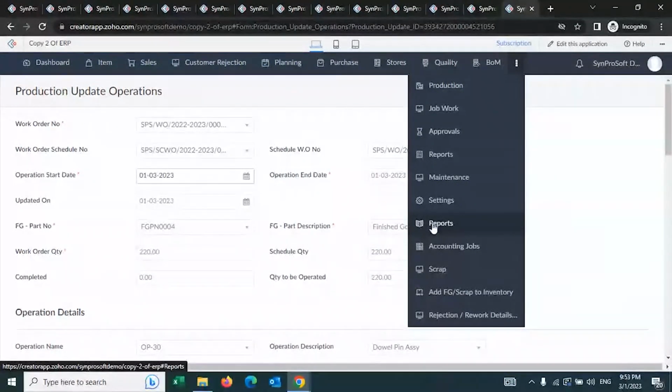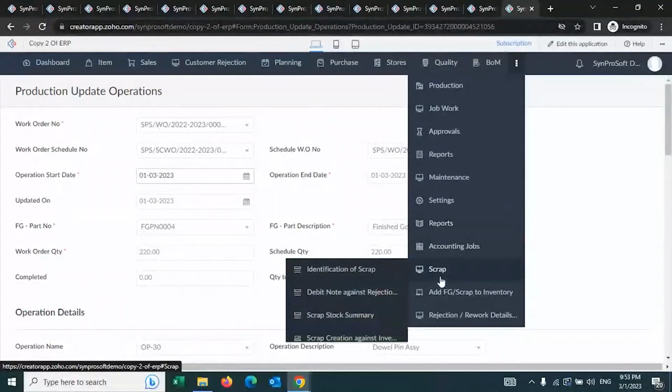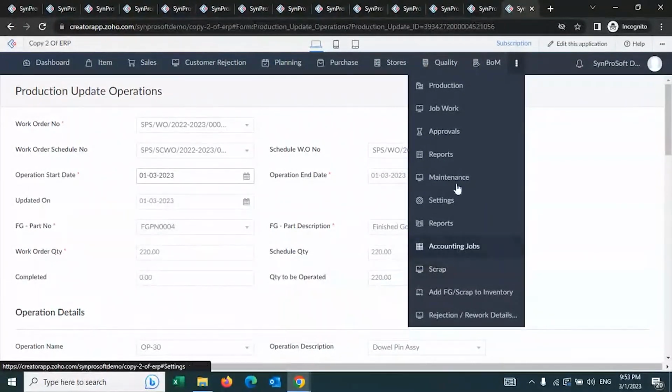And during production, there are going to be rejections which I will move to scrap. I can identify a scrap. I can move it to the scrap management. I can even create a quotation. I can ask for a quotation from scrap dealers, and then I can sell it. The scrap could be wastage. The scrap could be rejected products. Could be anything. I can take it to the inventory, or I can sell it and then move the cost back to the scrap sold under this scrap sold item. So this is how you will manage the production process.